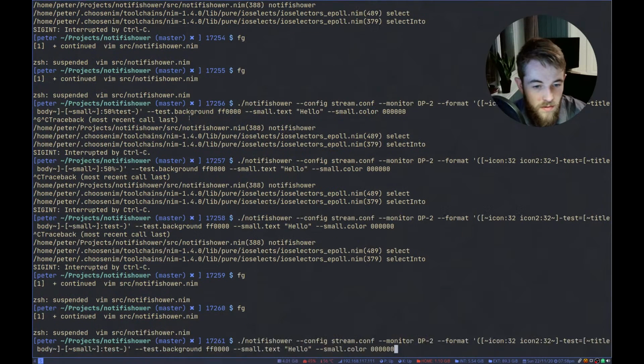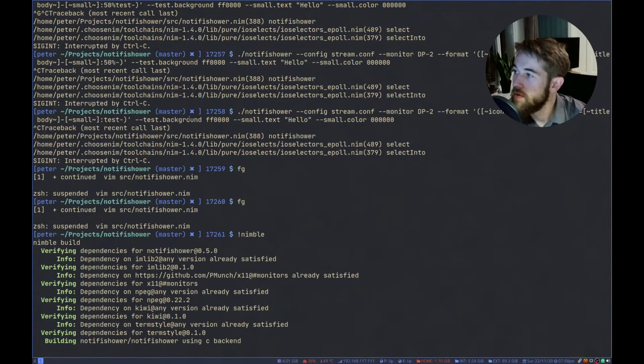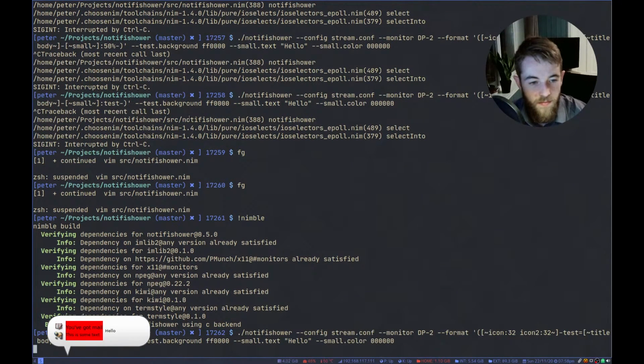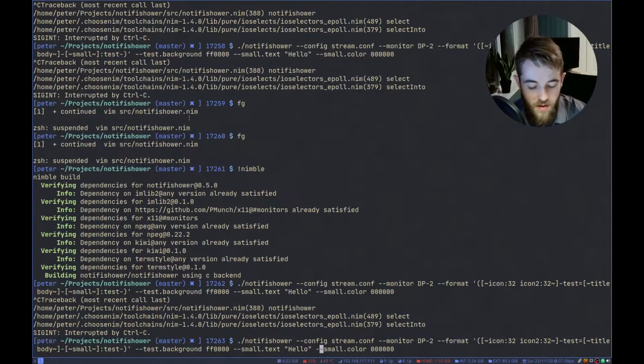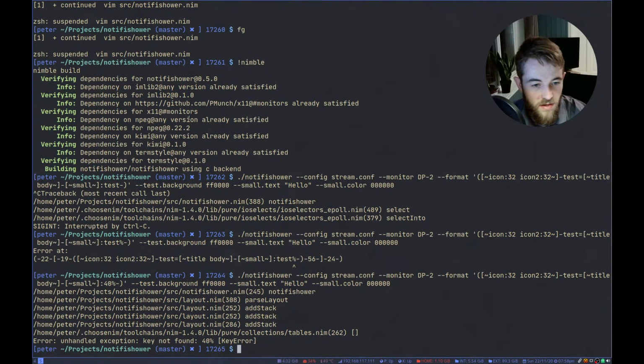Oops. Run nimble. See what we get. There, that works. We're now not able to add a percentage onto there. It's good, but we can say stuff like 40%. Ooh, key not found. Interesting.